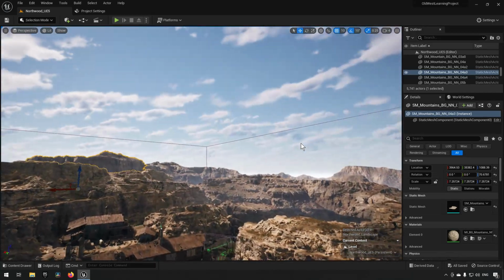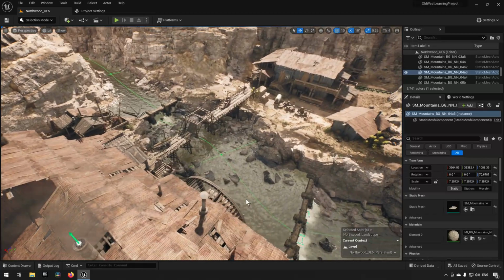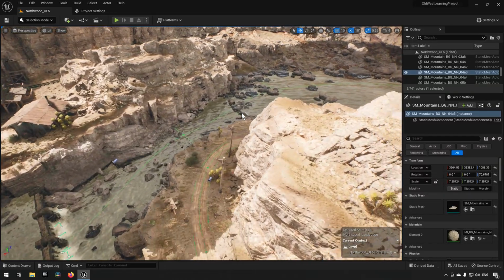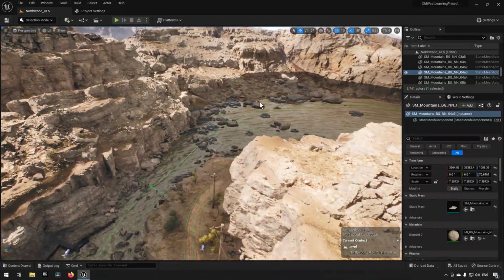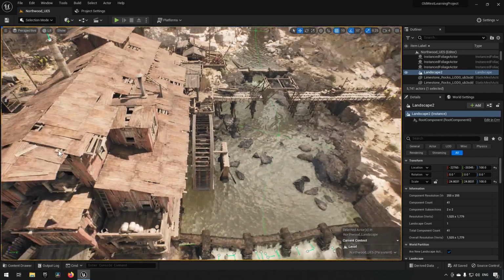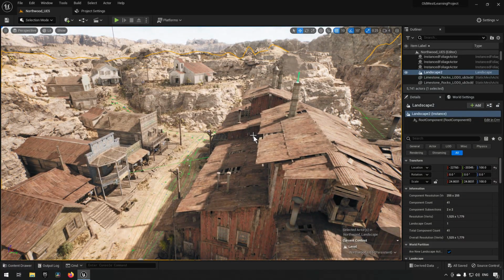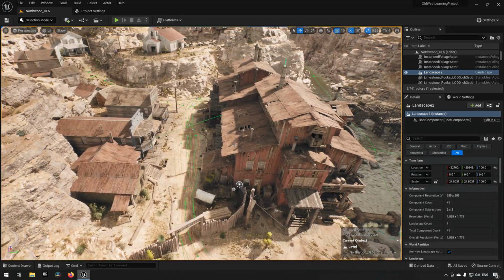And you also have some other limiting areas like blocking volumes and such to keep you in the play area. So there's a lot to explore here if you're interested in level design. You can take inspiration and look at how professionals go about creating a very